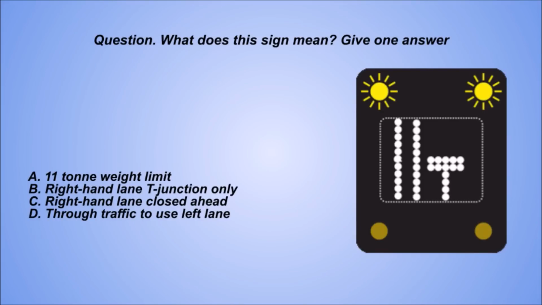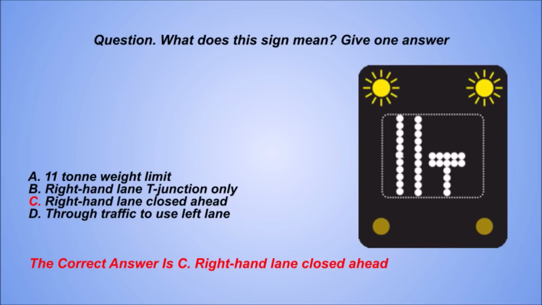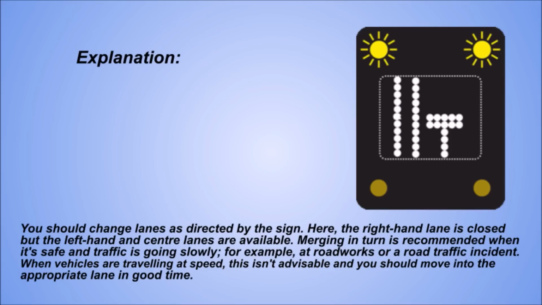Question: what does this sign mean? Give one answer. A. 11-ton weight limit. B. Right-hand lane T-junction only. C. Right-hand lane closed ahead. D. Through traffic to use left lane. The correct answer is C. Right-hand lane closed ahead. Explanation: you should change lanes as directed by the sign. Here, the right-hand lane is closed but the left-hand and center lanes are available. Merging in turn is recommended when it's safe and traffic is going slowly, for example, at roadworks or a road traffic incident. When vehicles are traveling at speed, this isn't advisable and you should move into the appropriate lane in